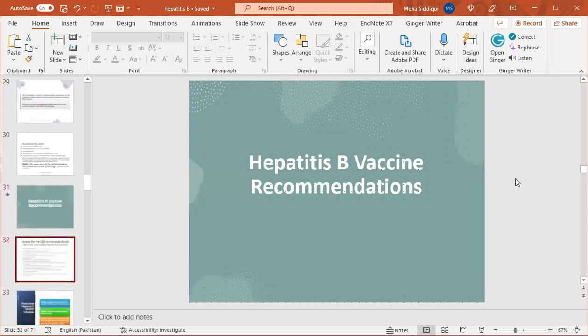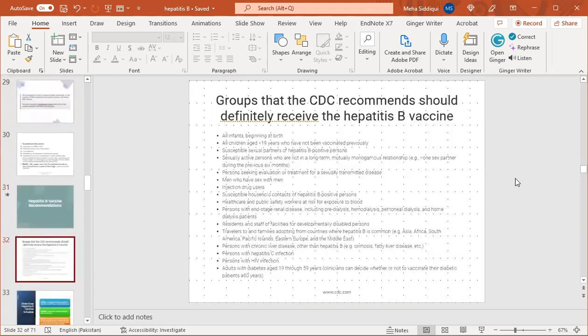Hepatitis B vaccine recommendations. Groups that the CDC recommends should definitely receive the hepatitis B vaccine are: all infants beginning at birth, children aged less than 19 years who have not been vaccinated previously, susceptible sexual partners of hepatitis B positive persons, persons receiving evaluation or treatment of sexually transmitted diseases, men having sexual contact with men, injection drug users, susceptible household contacts of hepatitis B positive persons, healthcare and public safety workers at risk for exposure to blood, persons having end-stage renal disease, including pre-dialysis and hemodialysis, residents and staff of facilities for